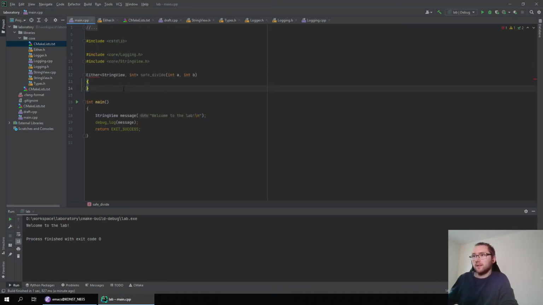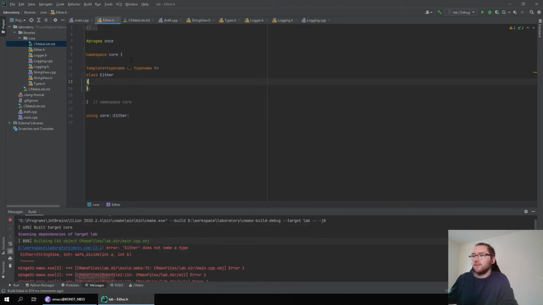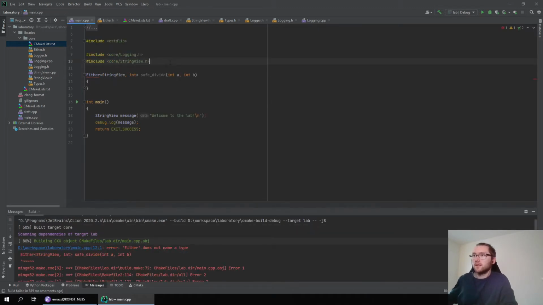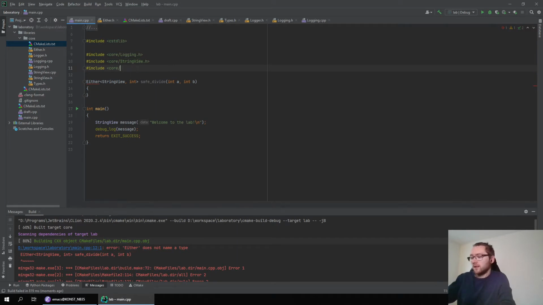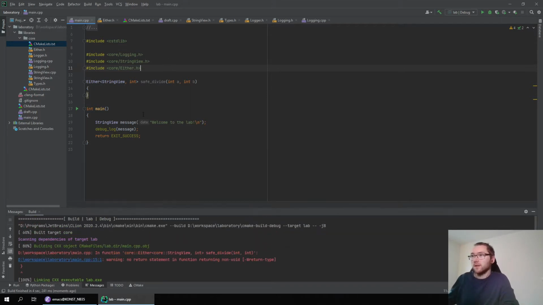So now this should compile. Let's namespace it to my library namespace. Let's say using either, so that I don't have to repeat my namespace specification. And now let's try to include it and see if our compile error goes away. Yeah, it does. Now we should only get a warning that we don't return a thing.